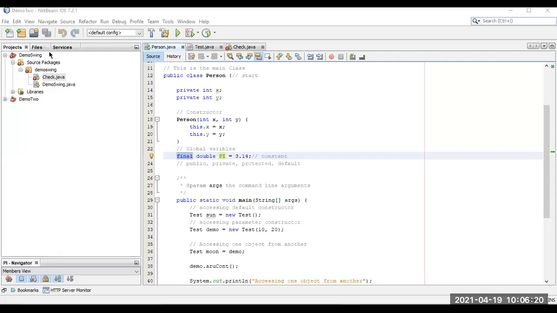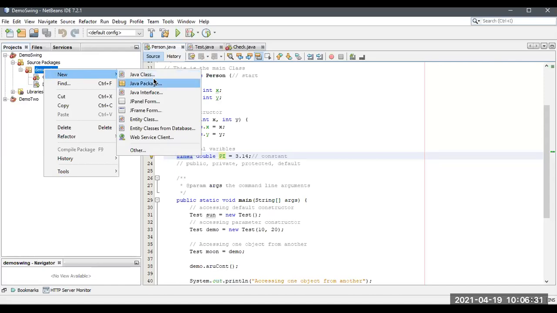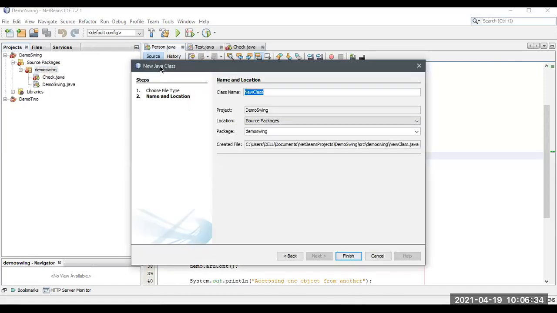So yeah, we'll take a new class so that you will not get confused. I will take another class inside the package, in the sense it's a folder. So I'm going to create another class called Call by Value. I think you are familiar with this in C language.